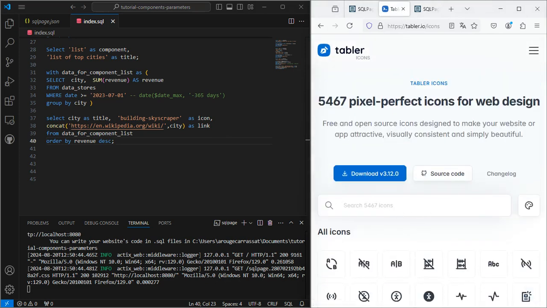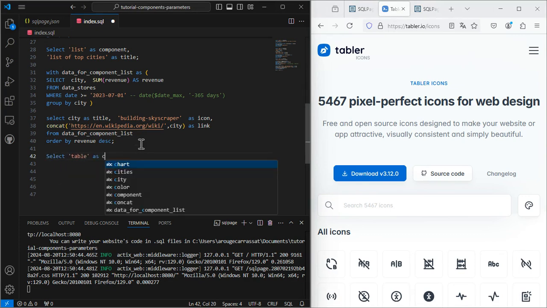Now I want to show you how to display a visually appealing table to monitor year-on-year revenue evolution. Let's call the component table. Let's add a description.